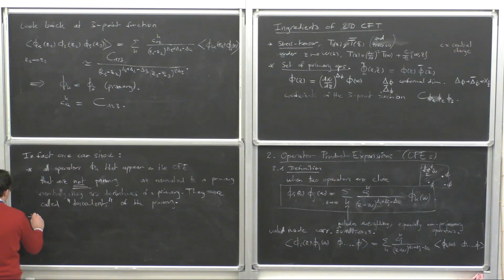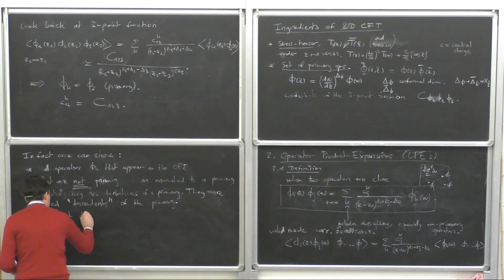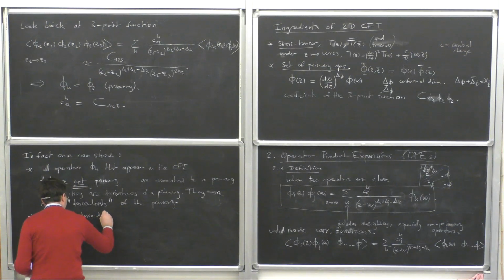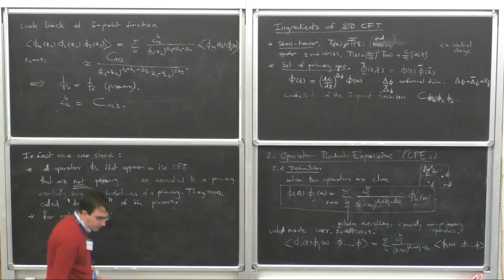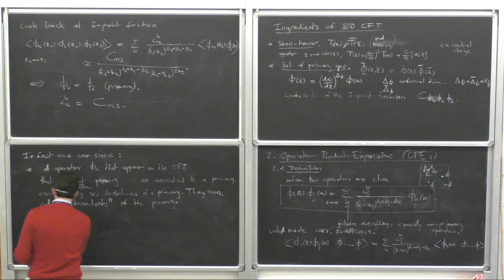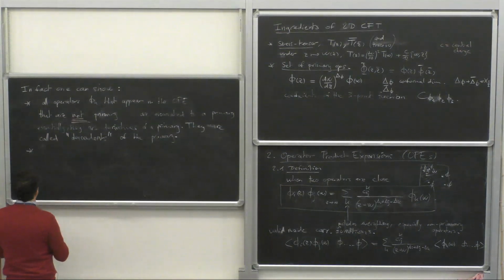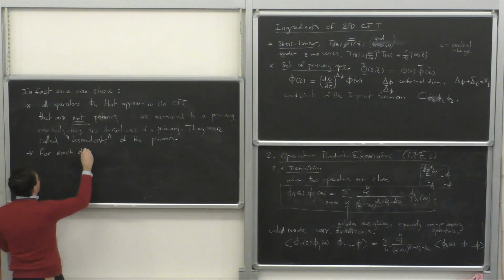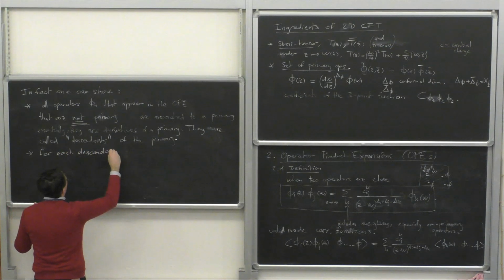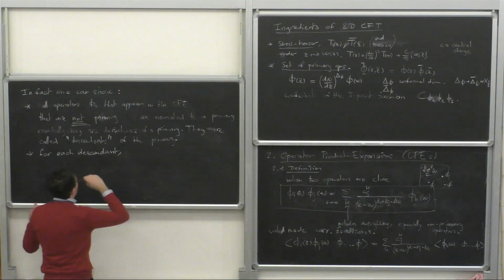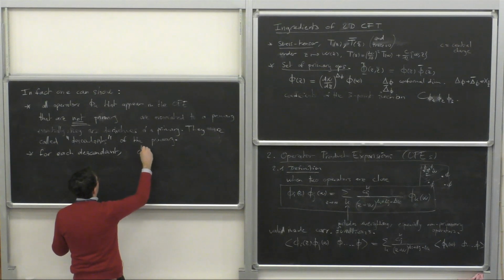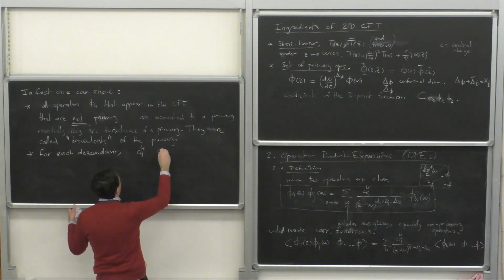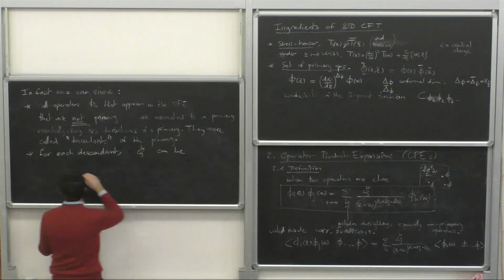And the other thing that you can show is that in this case, for each descendant, Cijk, this coefficient Cijk can be computed in terms of